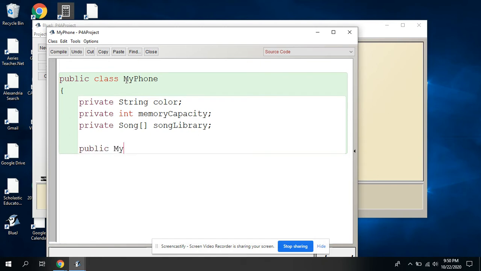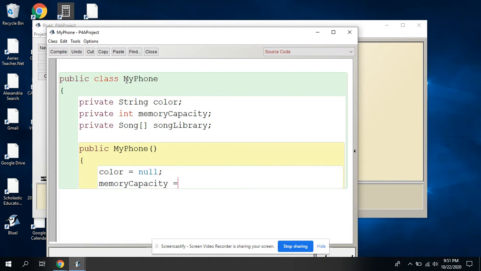Public iPhone. You guys should be getting pretty good at this. This is a 0-arg constructor, so we just put empty parentheses. And here we'll say color equals null, just for objects, initially. Memory capacity equals 0. And then song library. So there's a couple ways we could do this. So song library 0 equals null,